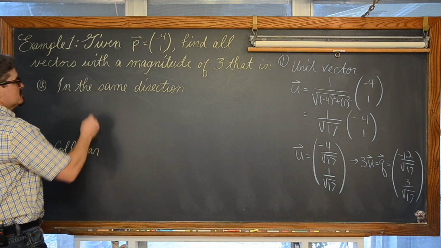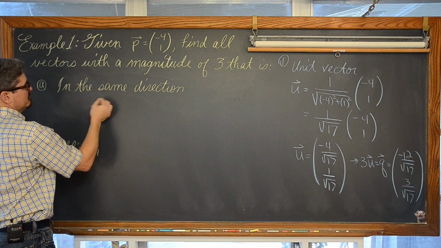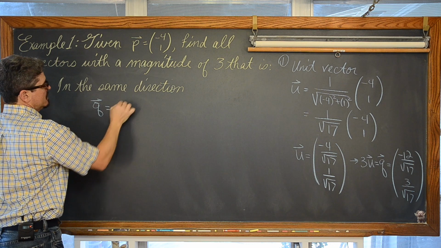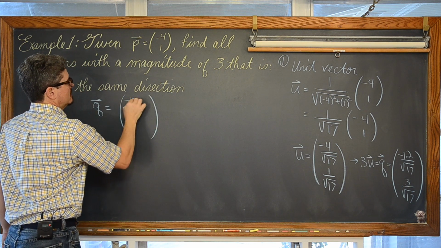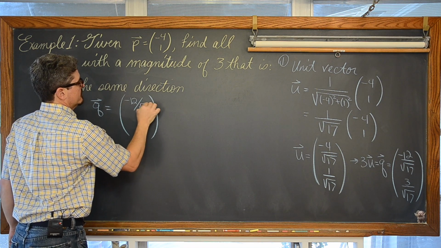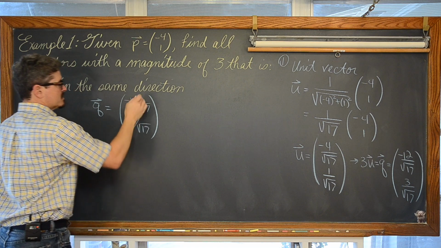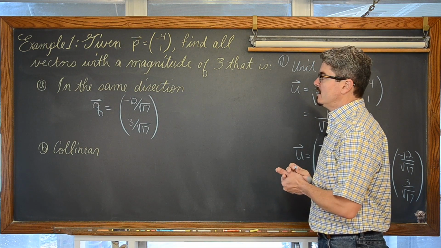So that vector is, you may include the name in your work or not, but more than likely you could just write the final answer without even naming it. Depends on what your teacher wants. So this vector is going in the same direction again and has a magnitude of 3.